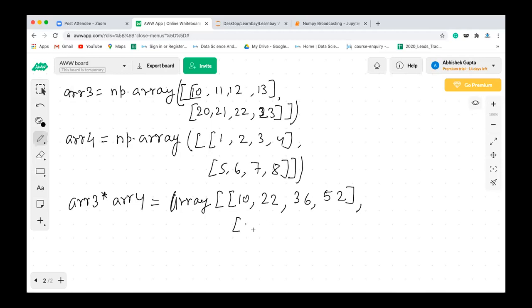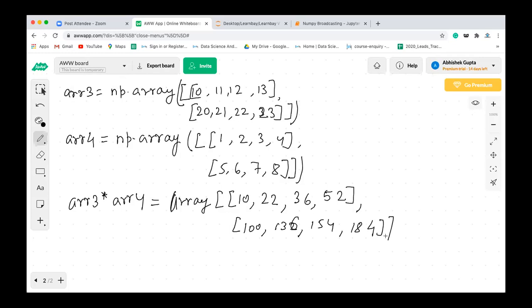Now 20 into 5 is 100, 21 into 6, sorry, is going to be 126, and 22 into 7 is 154, and 23 into 8 is going to be 184.